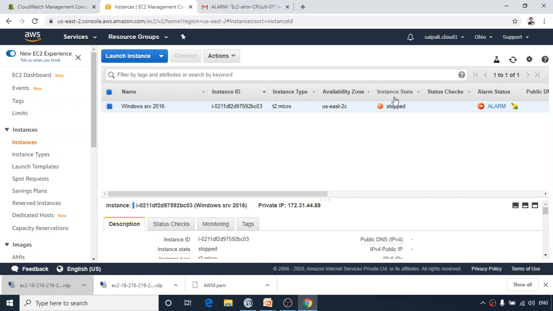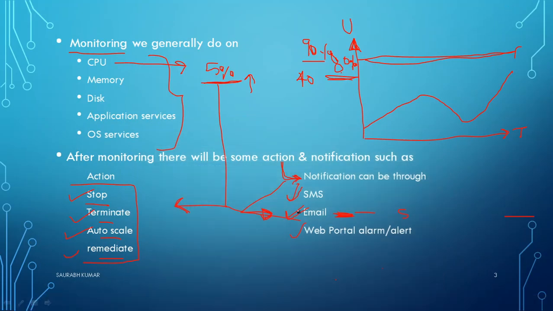So I was just trying to demonstrate this practical there. That's why I chose the condition action to stop and send the notification only at 10% or something. But in a big company, obviously the condition can be different. Rather than stop, they may go for reboot, they may go for any other action, and their metric will also not be like 10 or 5%. It can be like 70%, 75%, like that. So this way we have finished all the steps. We have seen how alarm works, how it can send the notification, how it can take the action.